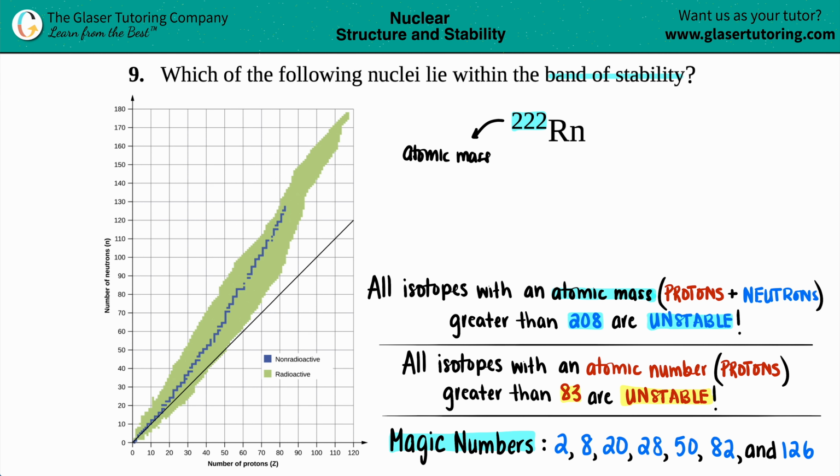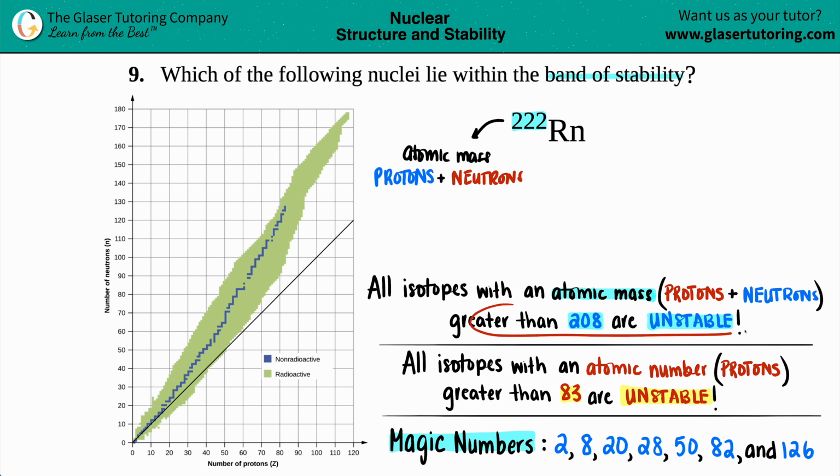If we look here, look at all this. This is all green. Now, this is the accumulation of neutrons and protons. So if we add up the x and the y-axis, you're going to get pretty big numbers. But the question is, where's the cutoff? Here is the last known stable isotope. And if we add up those numbers, which I did for you here, that is going to be equal to 208. All isotopes with an atomic mass greater than 208 are unstable.